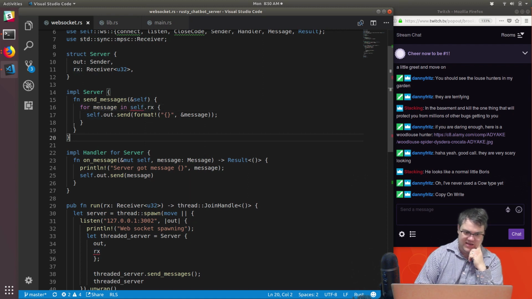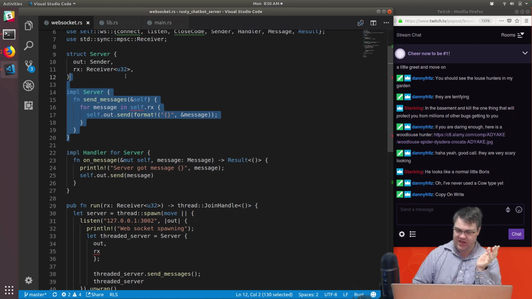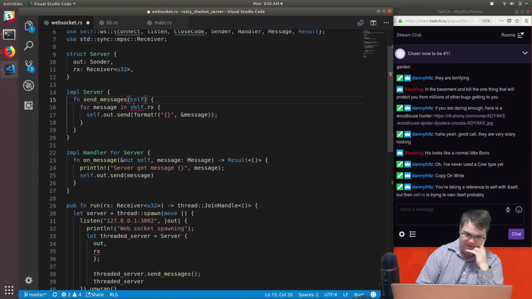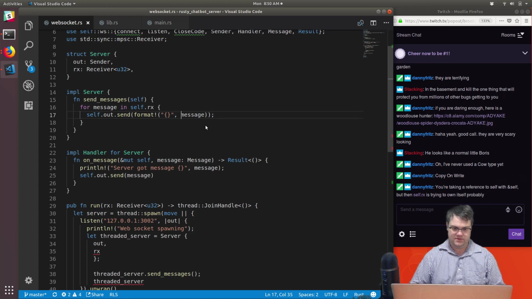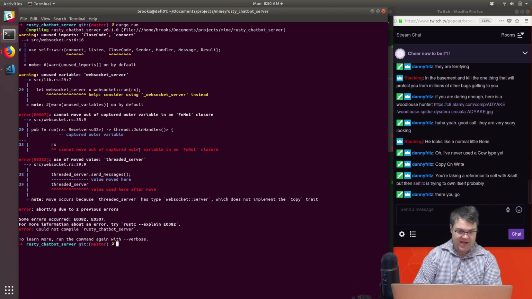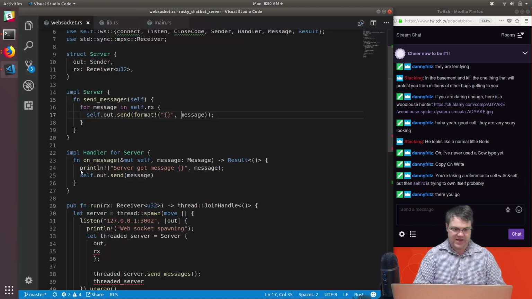You know, I almost feel that implementing the server in this way is not really helpful necessarily. You're taking a reference to self, but then self.rx is trying to own itself probably. I guess I could just take and move into here. Cannot move out of captured outer variable in an FnMut closure. Value. Oh, okay. So then I have to return. Okay, so